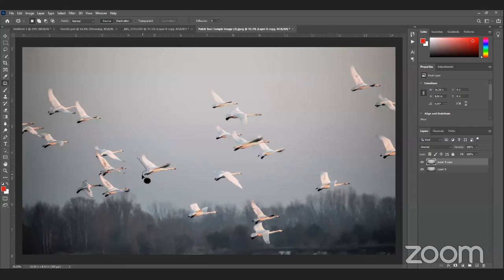This time I'll just create a circle accordingly, this way, and always select source here. I'll tell you what source and destination are, we'll talk about it later, and just move it here or any place you would like. So you can see the one bird is gone.